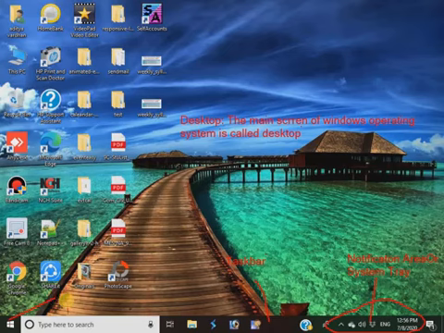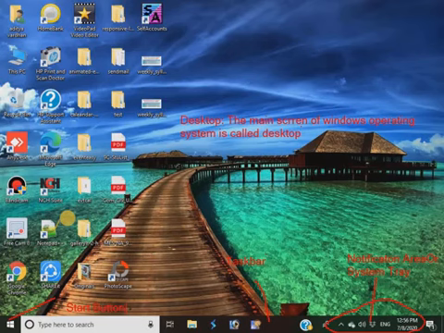So after going through all these components of Windows, we can simply interact and work on the computer.